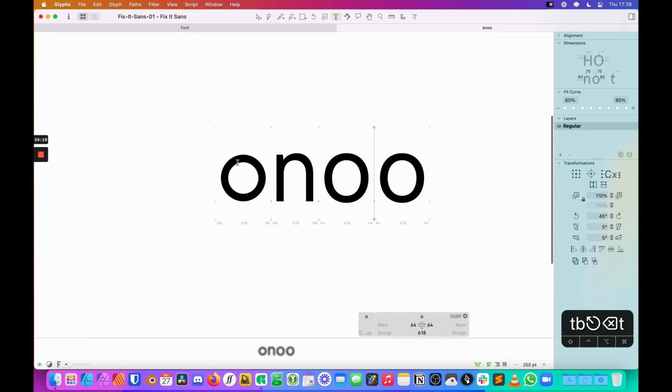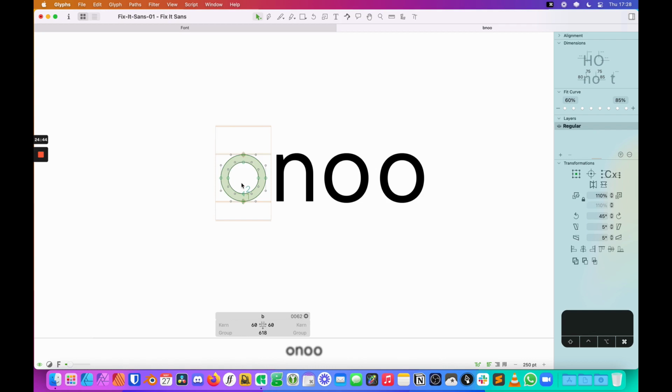A couple things that I'm looking at: the overshoot now makes this O look the same height as the N. The added weight on the side here makes the weight feel more comparable to this weight, whereas this one looks a little bit thinner. And rather than having this perfectly round shape here, we've got more of this oval shape, but it looks like it relates a little bit better to the N. And that's the idea at the end of the day, that the letters look like they relate to each other.